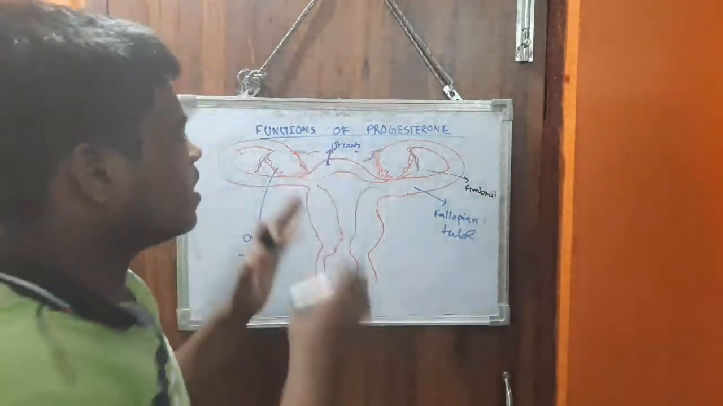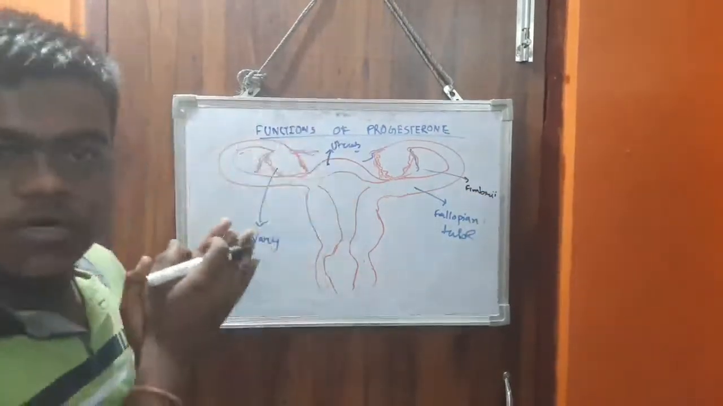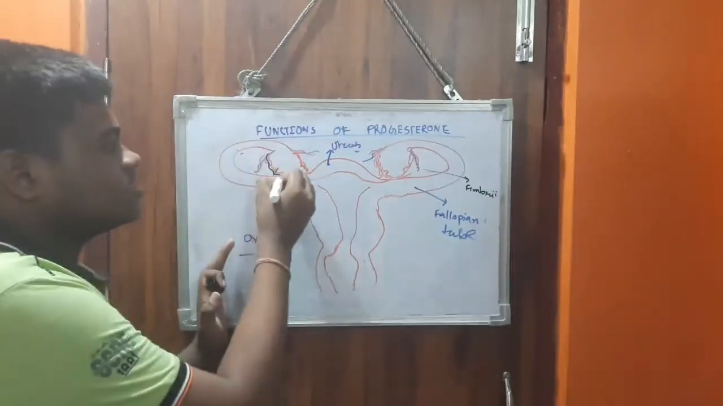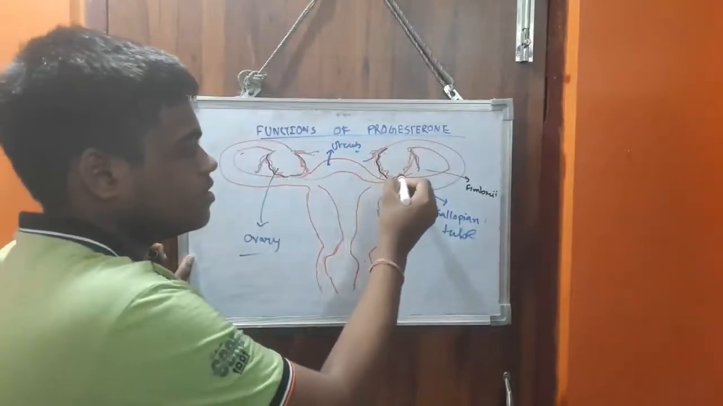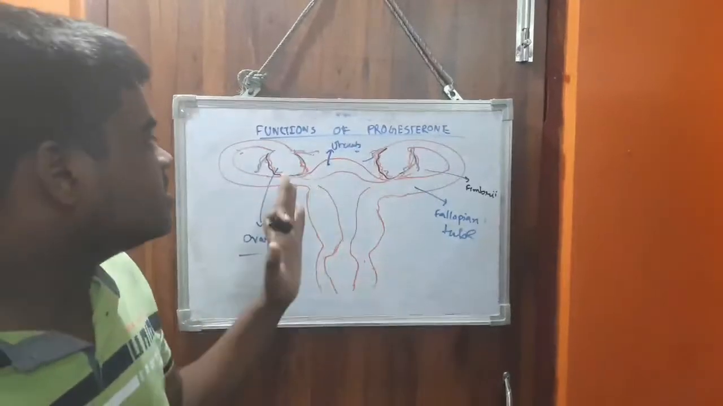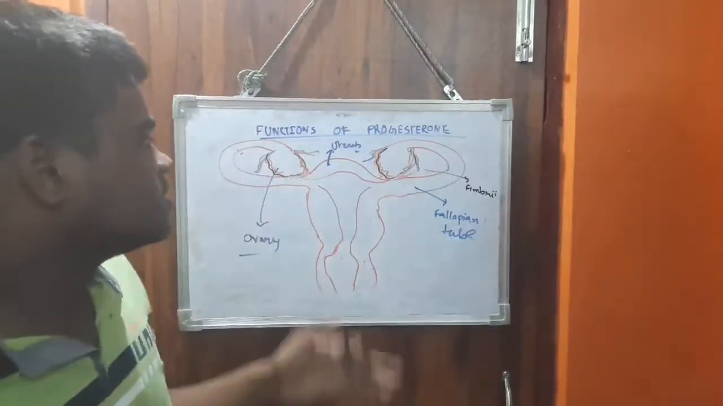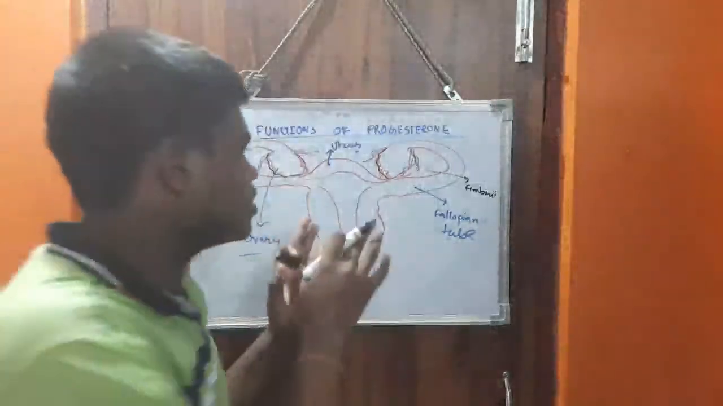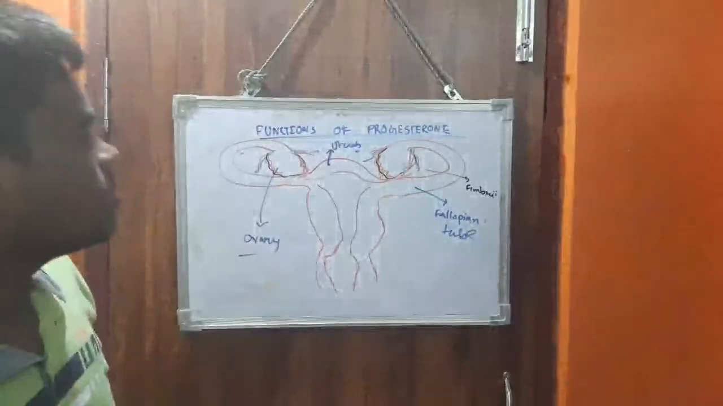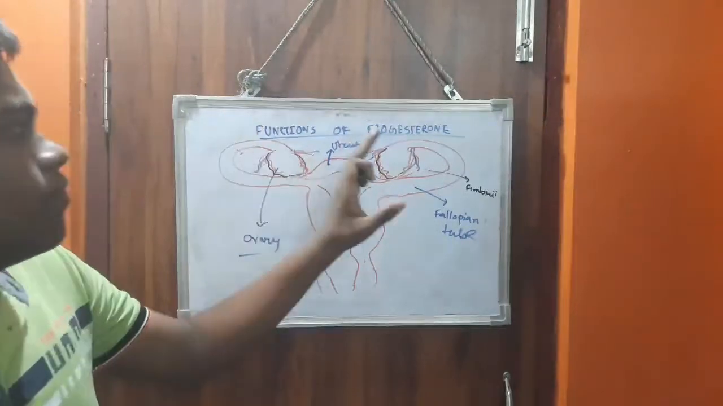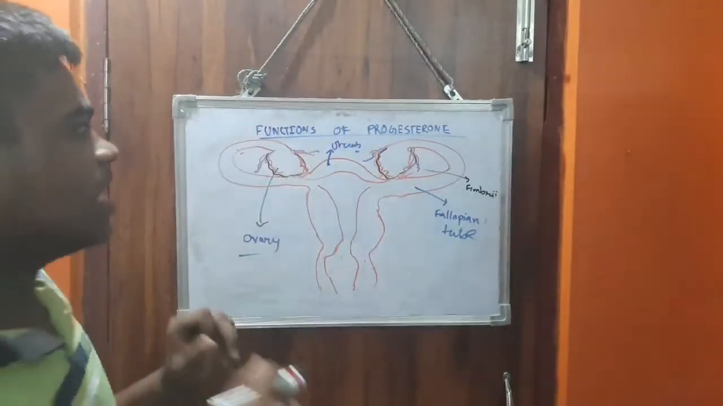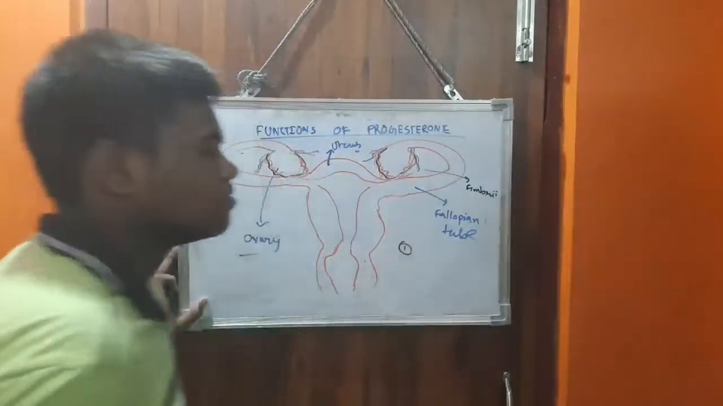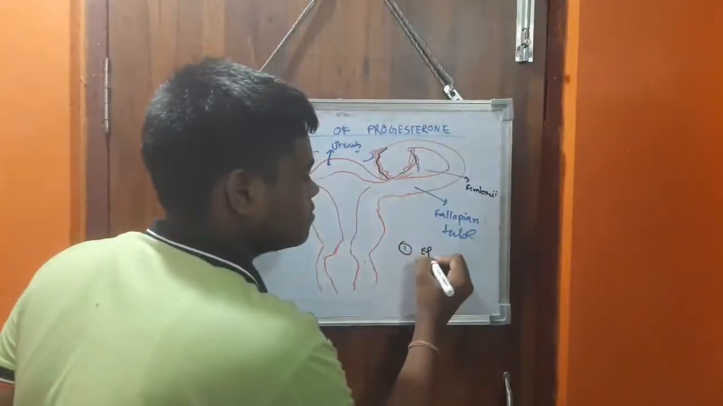Okay, this is called fimbriae, and this is the front of the uterus. And this area is called the ovary. This area also secretes both progesterone and estrogen hormones. Okay, ovary. So the functions of progesterone hormone, at first we can start with effects on